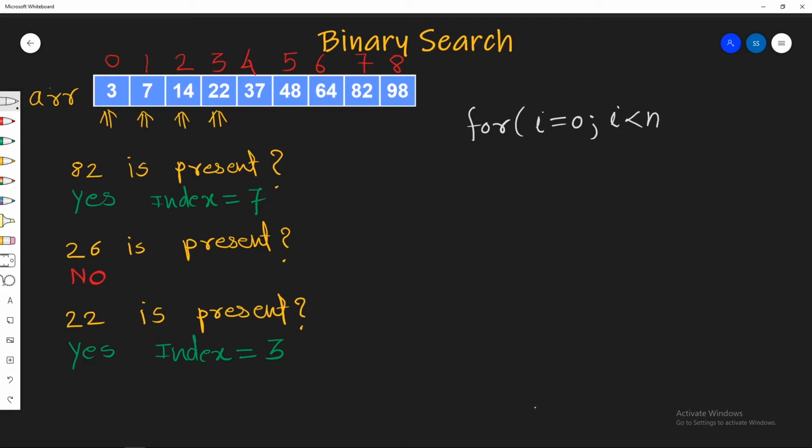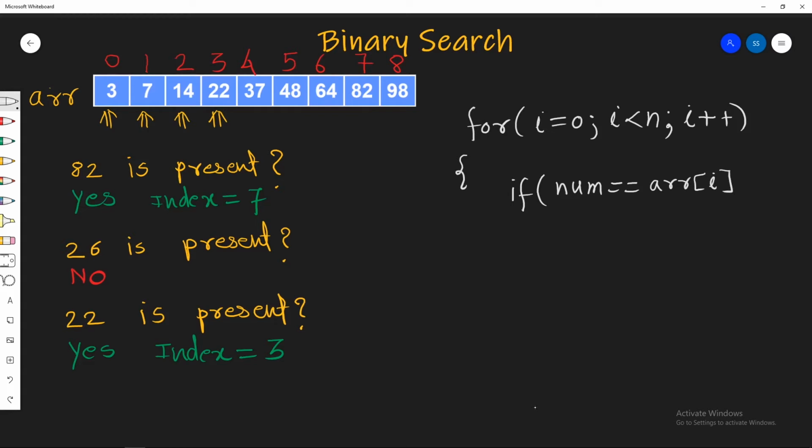So i starts from 0 till i is less than n, and we increment it by 1. In each iteration we compare the number which we want to search with the current element of the array, like this: num is equal to array of i.